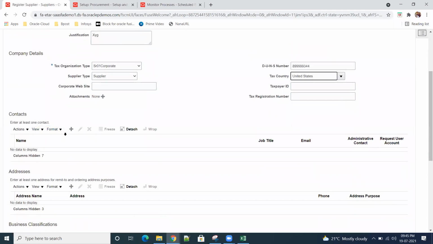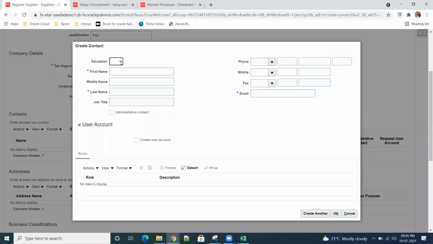So contacts. For this supplier, who is the contact? There are primary contacts and secondary contacts, right? I'll create the contacts here. Something like Jack or Mac, whatever. Mac. Okay. This contact is majorly useful for creation of the supplier portal user. The supplier itself is nothing but one kind of small company.